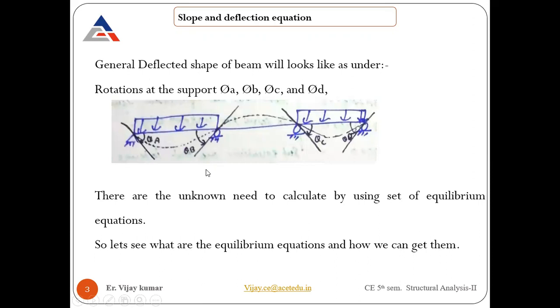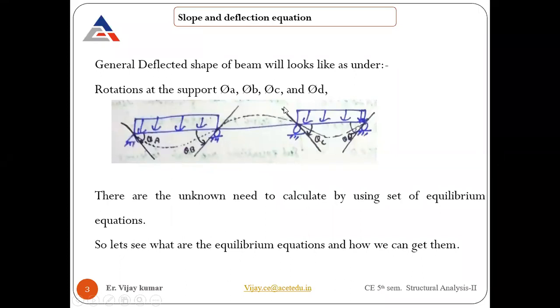If you see the general deflection shape of the beam after the load is applied here, it is going to deflect like this, and this one is also going to deflect like this. Due to the downward deflection of these beams, this portion of the beam is going to go to the upward side. Yes or no? Yes, it will be like that only. So due to these loads, the beam is going to deflect like this, both the portion A to B and C to D. Fine. And due to these deflections, the portion between B and C will go upside.